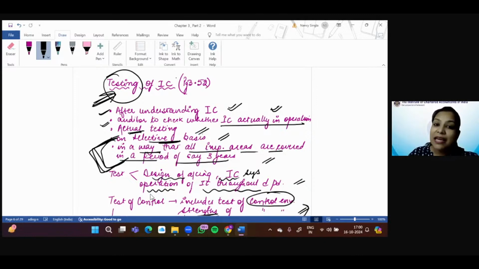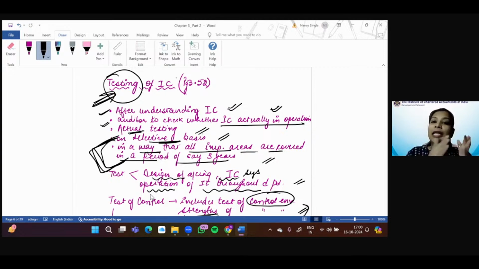Sampling. Same way, when the auditor is checking the internal control, first of all, he is not required to give any opinion on the internal control. Why is he taking the internal control? He has to decide the nature, timing, extent of the substantive audit procedure, whether he can rely on the internal control or will he have to do detailed checking. Now, checking internal control with respect to each and every aspect, each and every transaction is not practically possible. So that is why it is mentioned that he may do the actual testing on a selective basis